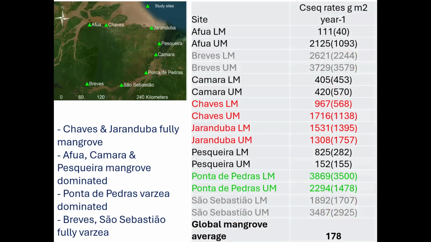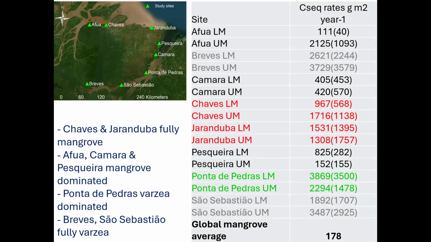So again, I did the same thing as in the previous study. I looked at the means over the whole time period with a bit of variation in there. And you can see that some of those sites are in the 2 to almost 4,000 grams per meter squared per year. Others are much more in that hundreds, 100 to almost 1,000. So still quite high rates of carbon sequestration.